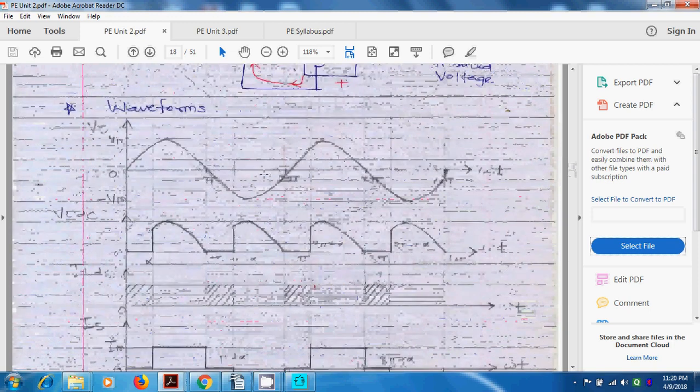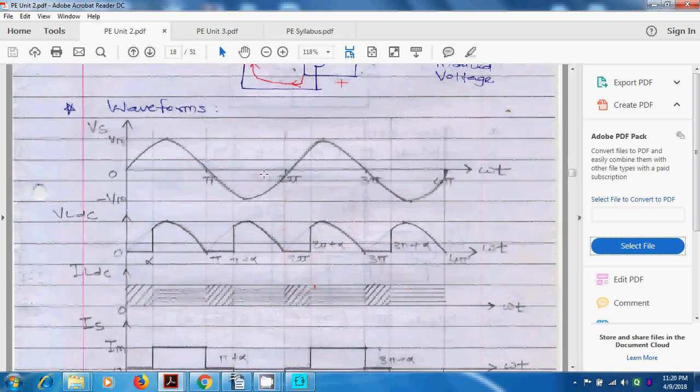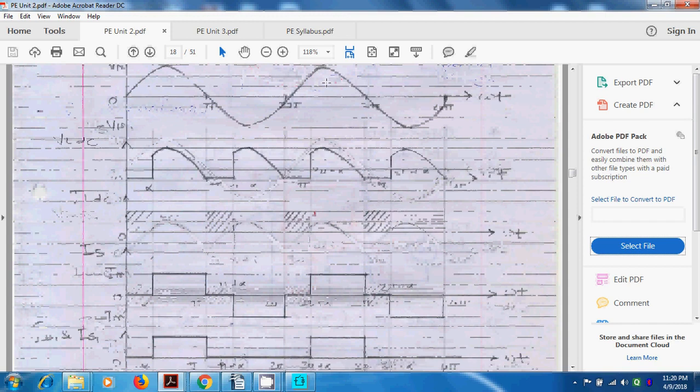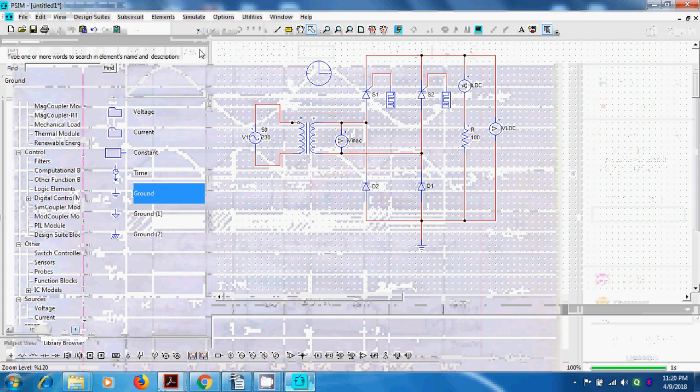So we will not study this content, that is same. Our basic concern is the semi-converter with R load, their voltage waveform orientation, current waveform orientation, then the comparison among the simulated voltage and theoretical voltage of average DC load voltage and RMS DC load voltage. Now this is about the single phase semi converter. Now we'll go to the single phase full converter.